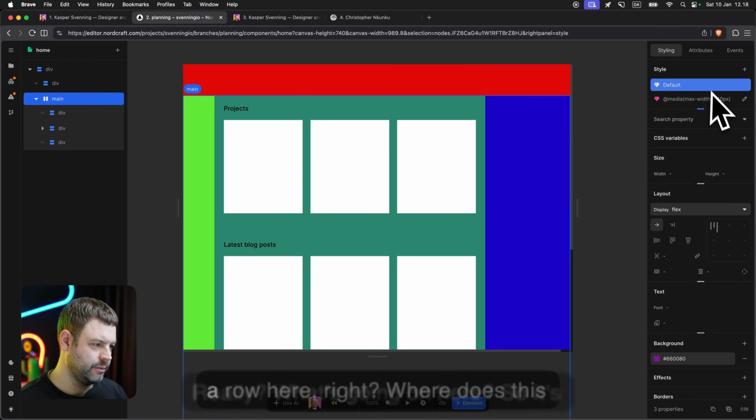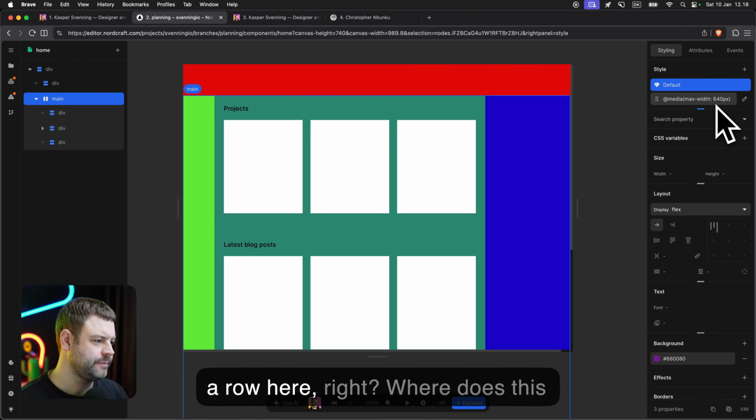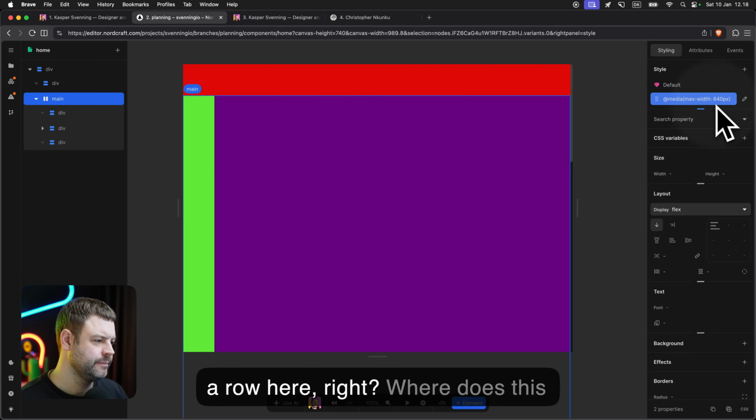So it's a row here, right? Where do these guys go? Oh wow, this guy is 100 width, which it shouldn't be, of course, on mobile. Let's go and do another one below 640. This content turns into something else. It becomes 100% width, and the height will be 80 as such. There you go. Good Lord, Casper.